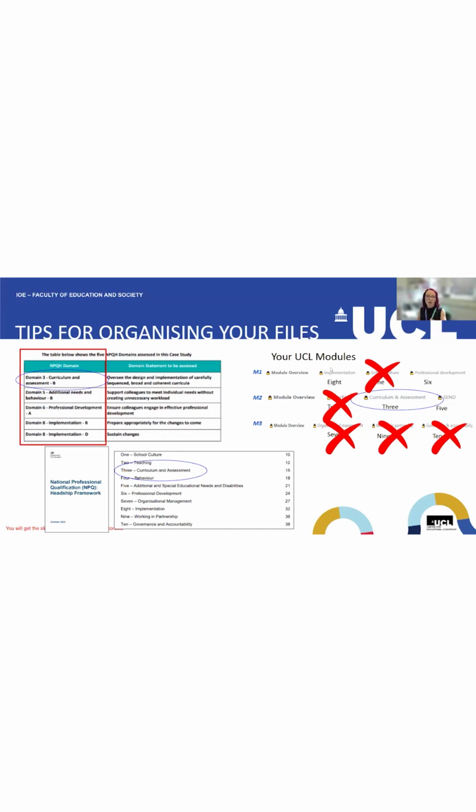So all I've then got is all of the stuff I've done, you know, all of the booklets and the work that you've done for 8, 6, 3, and 5. You can see here 3, 5, 6, and 8. They're all the modules that I need. So that's my top tip for getting yourself organised before you've even read the case study. Get rid of things that you don't need. You don't need to cross-reference any of those. We can then use this to help us to plan our responses.